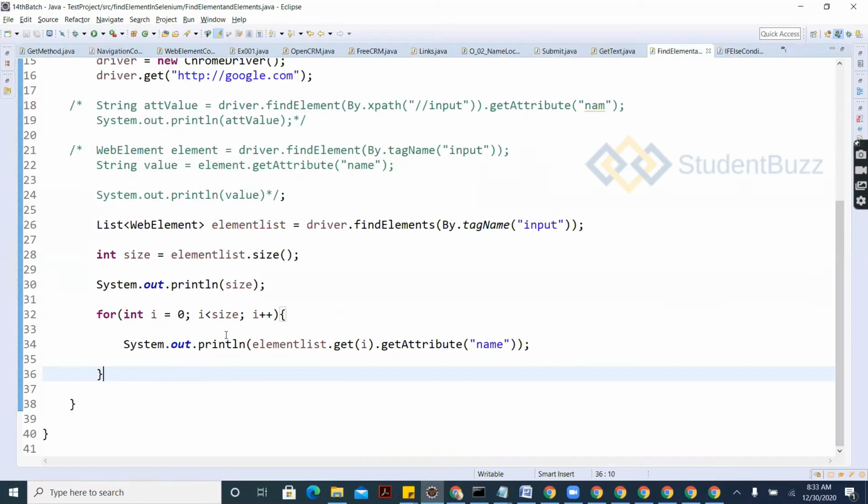Find element and find elements. Another thing, if you can understand it: findElements and findElement are both SearchContext abstract methods. SearchContext is the interface, and these are the SearchContext methods, and it is implemented in RemoteWebDriver. We will have further discussions on what SearchContext is, what WebDriver is, what RemoteWebDriver and ChromeDriver are. Just now we are learning very basic things.